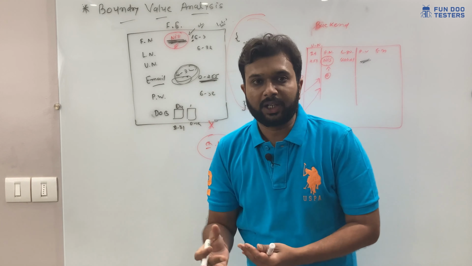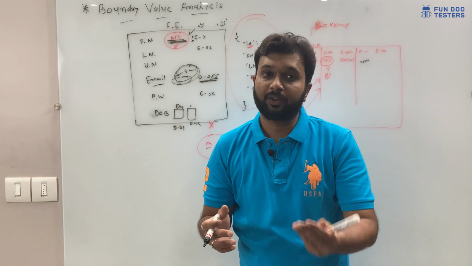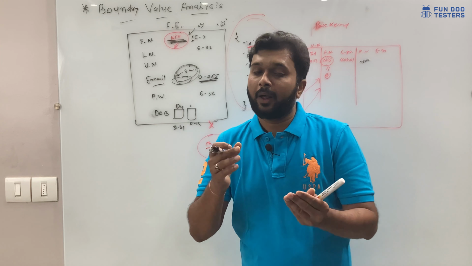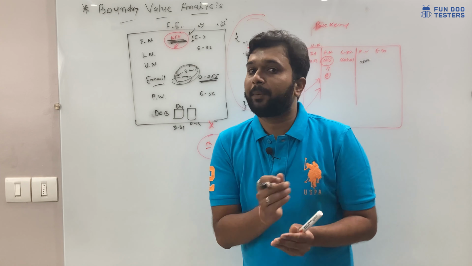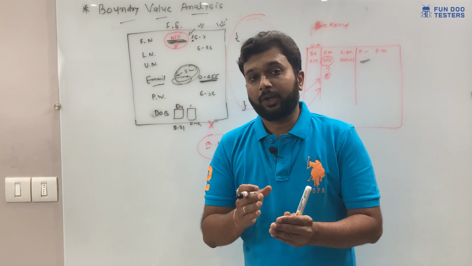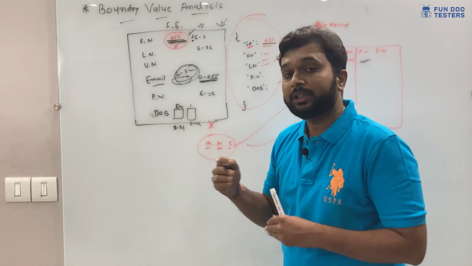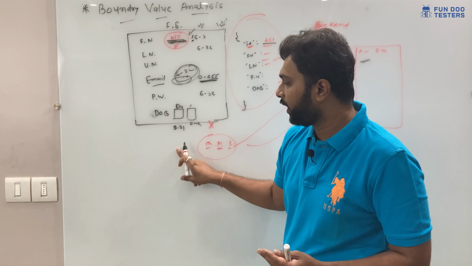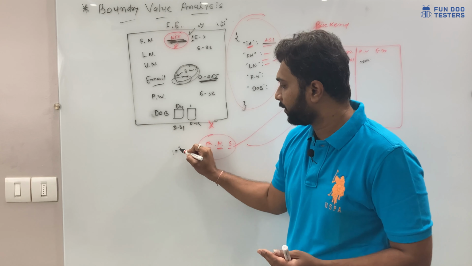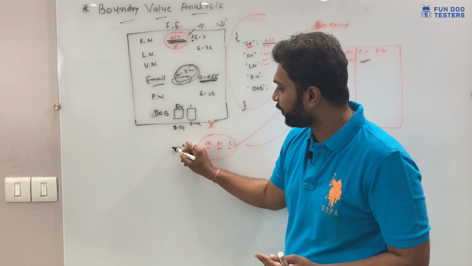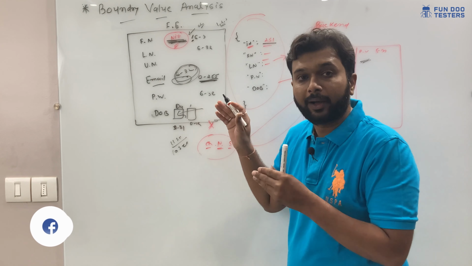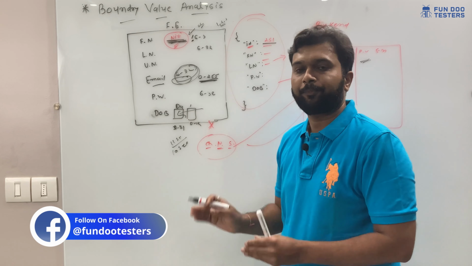So there are some generic validations, and there are some validations for the date picker. For example, if it is a date of birth, it should not accept a future date. Let's say today is the 10th of September. If I try to enter my birth date as the 11th of September, which is tomorrow's date, the application should throw an error message at this time.